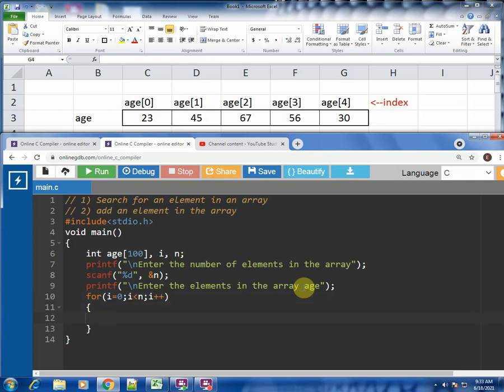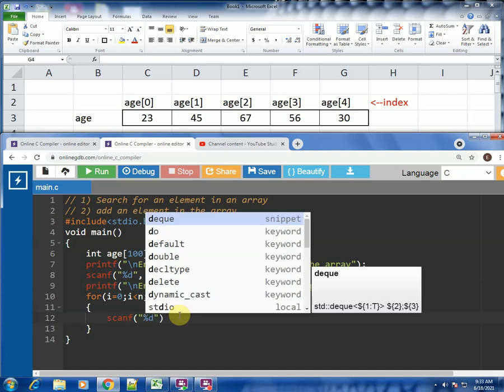This is the for loop body. Now we have to take input inside the for loop, so we write a scanf statement. The array variables are of type integer, hence %d.